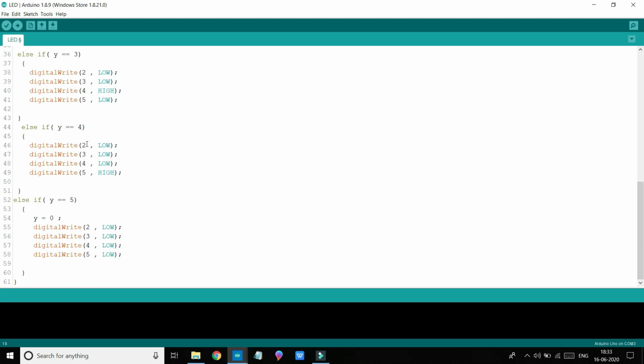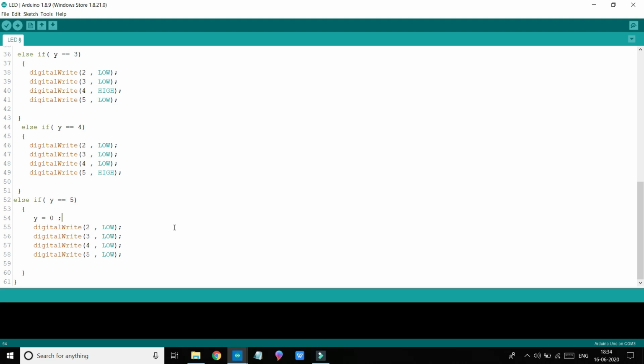When y is 4, pin 5 is high. Now when y is 5, we will make y equal to 0. Here we will make y equal to 0 and all pins are low. That means we can count from 0 to 5 and then it will again start from 0 and count till 5. So this is my code, and link for circuit diagram and code is in description.